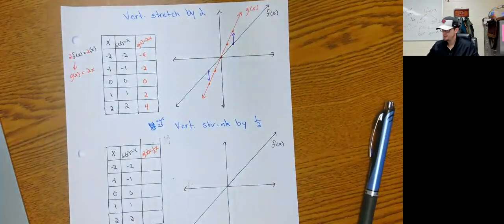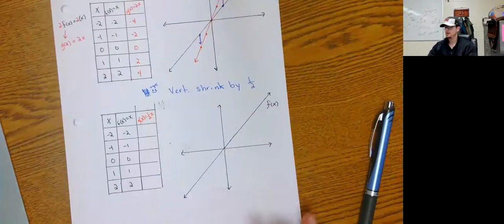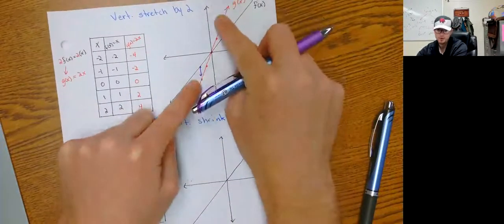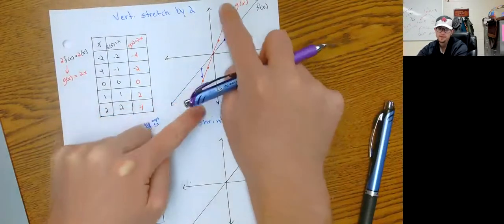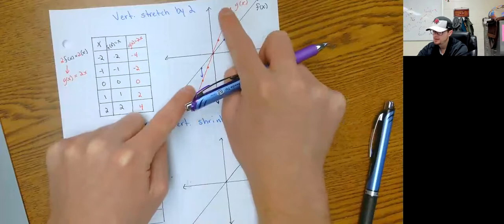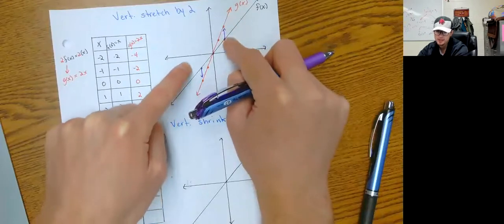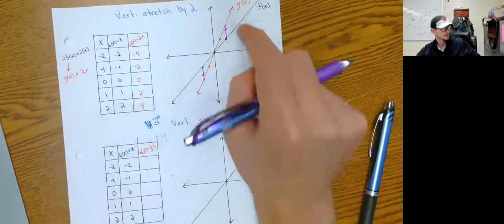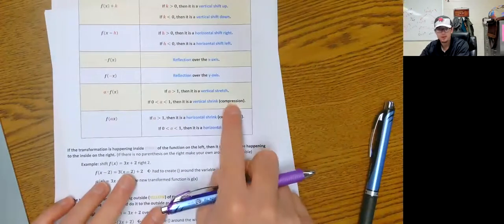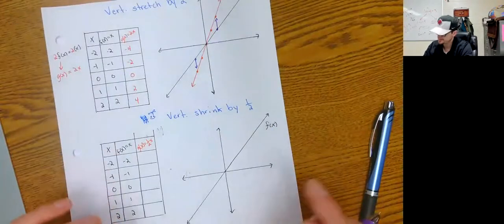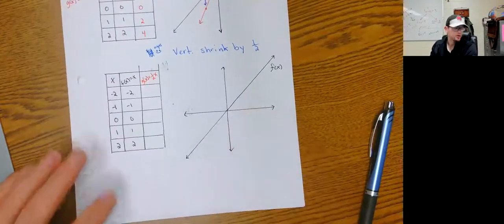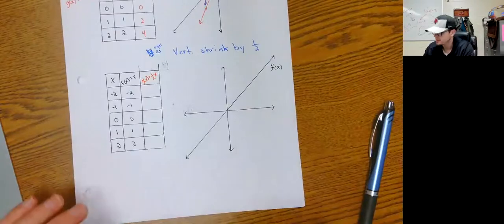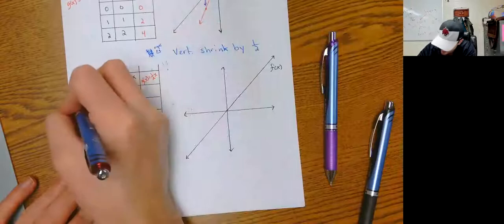So, vertical stretch by 2. Let's move on to a vertical shrink by 1/2. Instead of pulling it out, we are going to pull it in towards the x-axis. Pulling it out means pulling away from the x-axis. Shrinking vertically means compressing it into the x-axis. Again, it's vertical, so it's happening to the entire function. So we're going to get 1/2